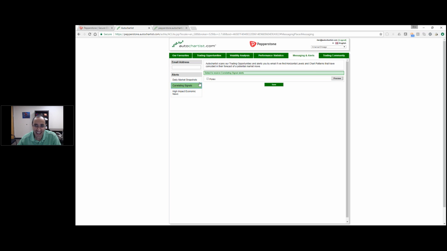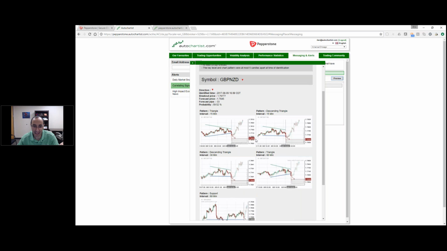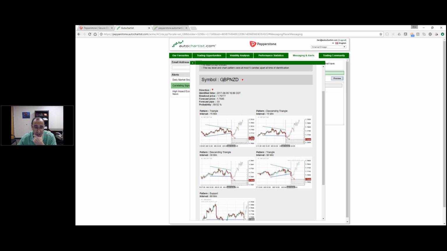I like it because I developed it for myself. So what a correlating alert is, sorry, I'm babbling because I want to see if I can find an example. Okay, what a really bad example here. But a few days ago, we found a correlating alert on GBP New Zealand dollar, where we saw key levels and chart patterns all pointing in the same direction for an instrument. In this situation, on GBP New Zealand dollar, there was a lot of indication that the price was going to move down to